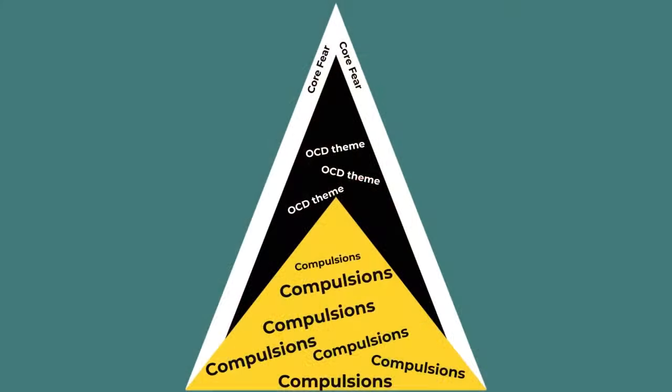So you can do all of those things. It's just you want to sprinkle in sometimes the core fear, because when you attack the core fear and you help them build the resilience to deal with that core fear, all the other things down that triangle that are bothering them, the OCD themes, the anxiety themes, all the compulsions, they weaken because you're weakening the top of the triangle.